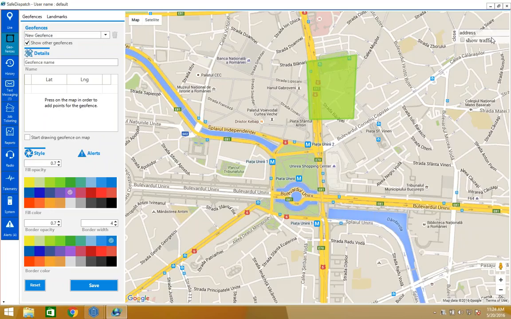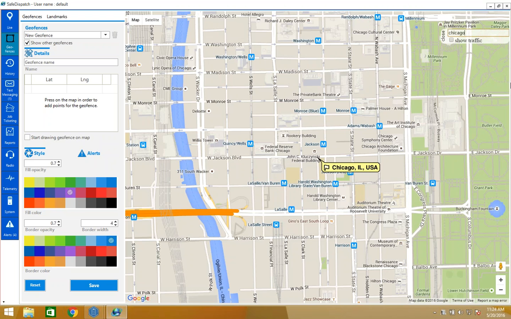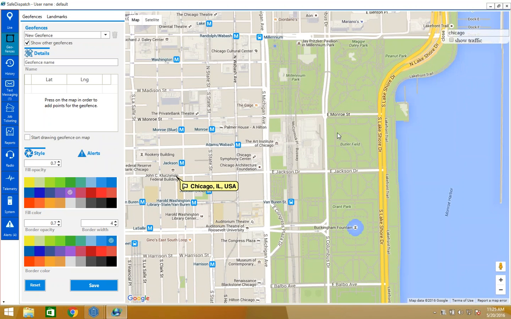So the first thing that I'm going to do is I want to find a point to start off with. So in this case, I'm going to click Chicago. All right, and I think I'm going to use this Butler field as my site where I'm going to put my geofence. So with that said and done, now that we have that ready to go, what I'm going to do is